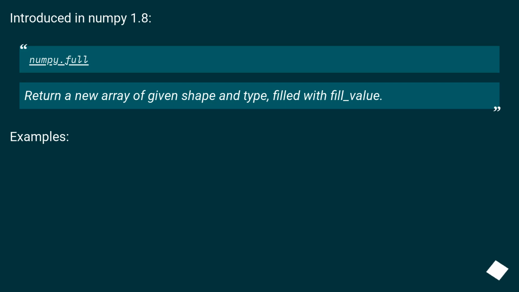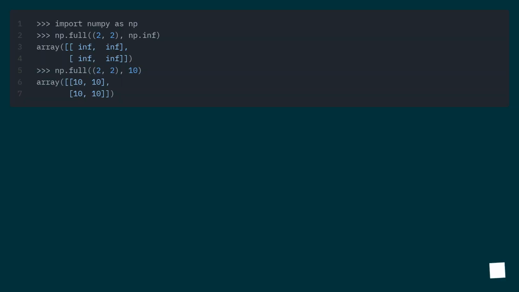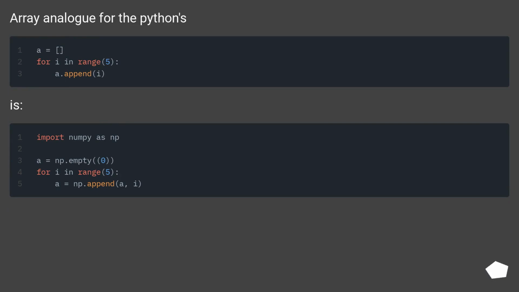Introduced in NumPy 1.8. numpy.full returns a new array of given shape and type, filled with fill_value. Examples. Write analog for the Python is